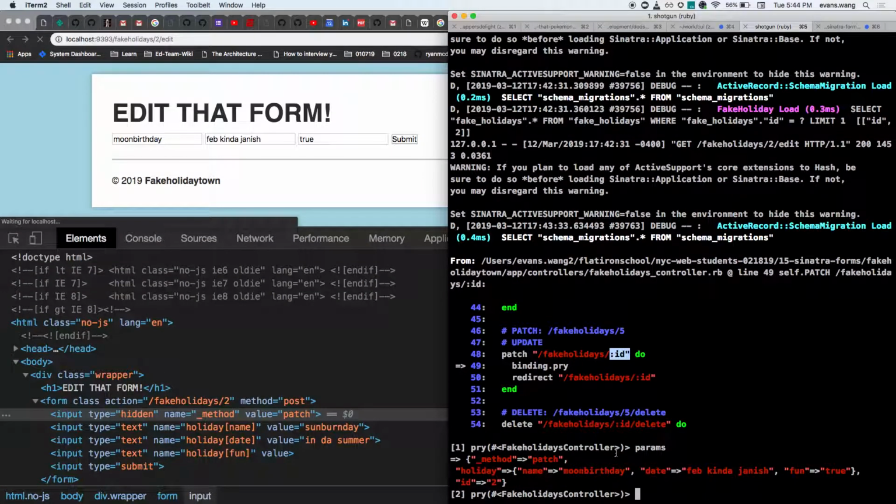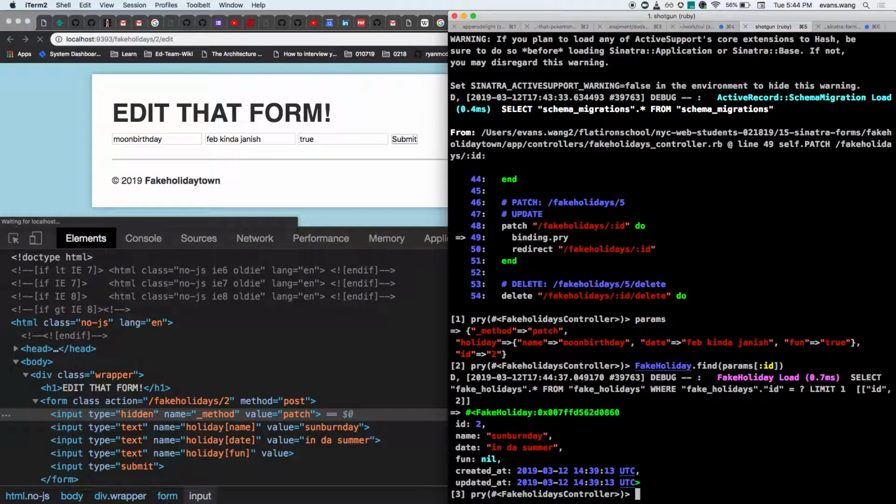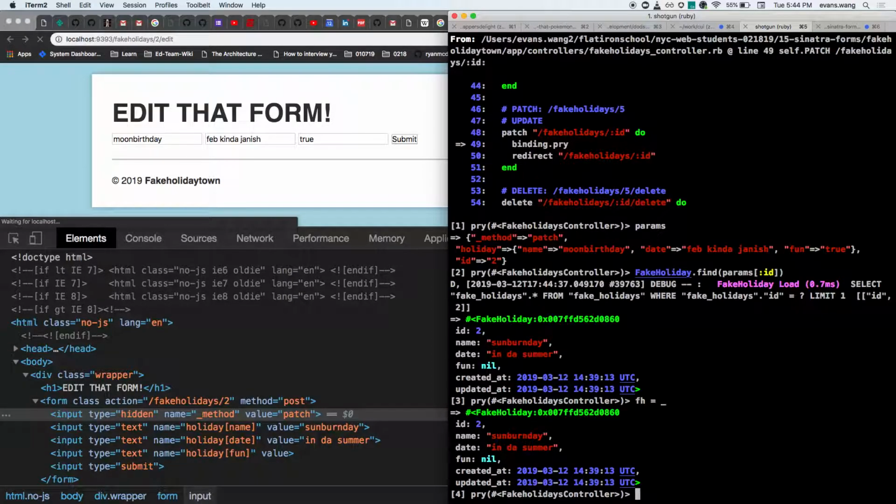Yeah? So if I do a little fake holiday dot find with some params, a little params action, what should I get? Yeah? The second one, and that's correct. That's the one I'm trying to update. So, if that's the one I'm trying to update, can I do something like fake holiday equals underscore? Have you guys seen the underscore before? Yeah. All right. Cool. So FH, right, just to make sure, .id should be,